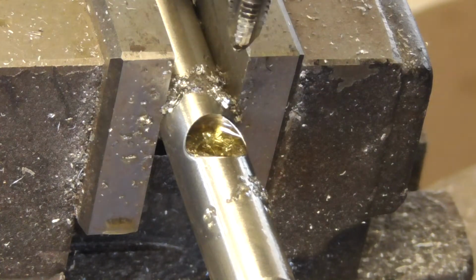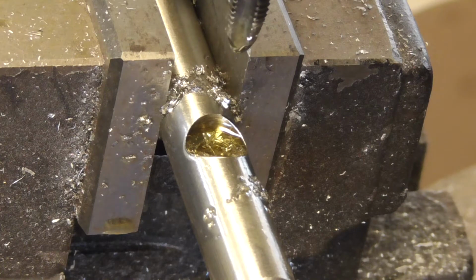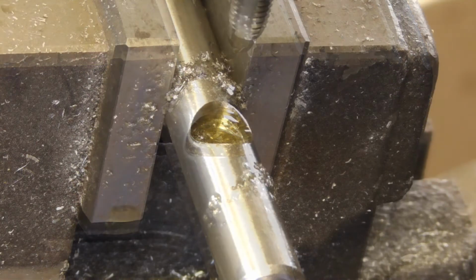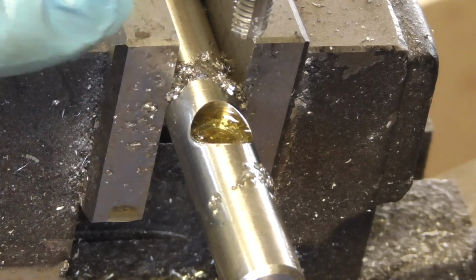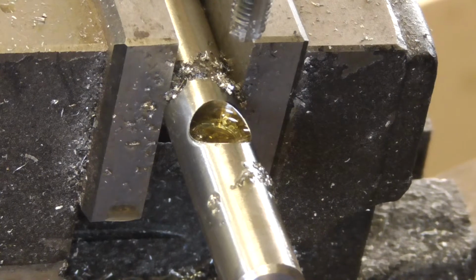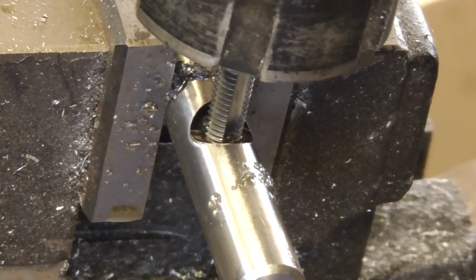Well, that didn't go very well. I wonder if that bottomed out straight away. Quite possibly. That's going to be a bummer, isn't it? Right, no point dwelling on it. Let's change that tap over. So I've got a bottom tap, and we'll see how that works. It's quite a shallow hole, so